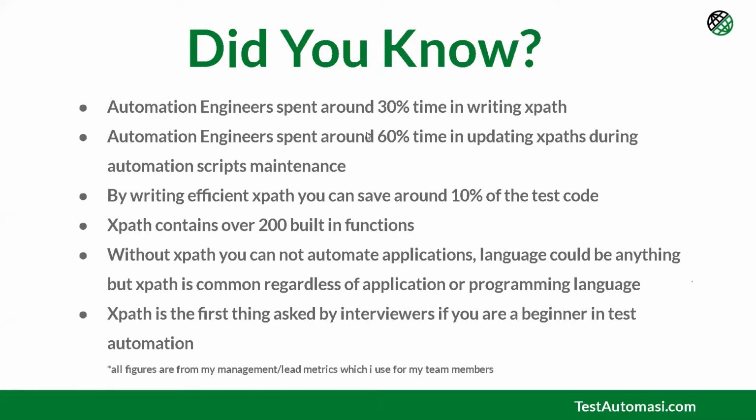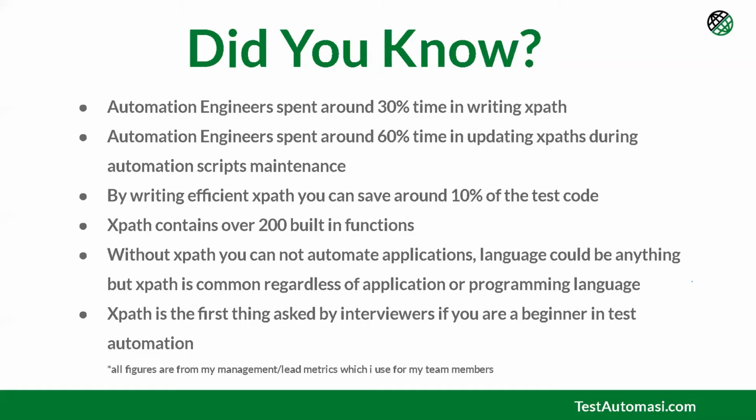Okay, so 30% of the time in writing the XPaths only. So let's say we get some task on Jira about automating something. The first task we do is basically identifying all the XPaths, then testing those XPaths, then trying different test strategies, and then finally writing the whole script with the XPath, your code, and the framework code which we are using. So overall, from start to end, we spend around 30% of the time in just identifying the good XPath, testing out XPaths, and finally figuring out which is the best XPath.